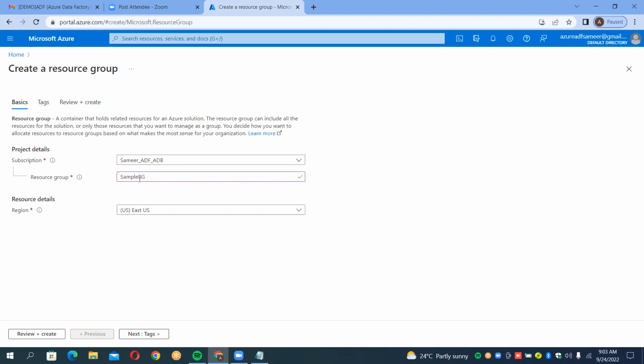Sample RG. And now at the bottom, you will have two buttons, review plus create. Means first of all, if you click,